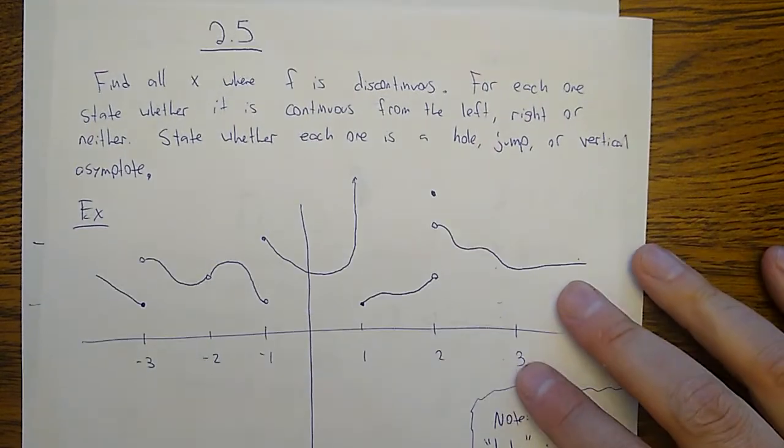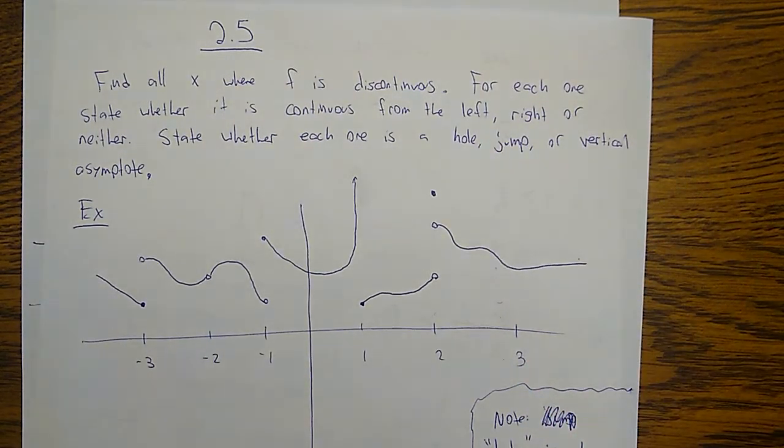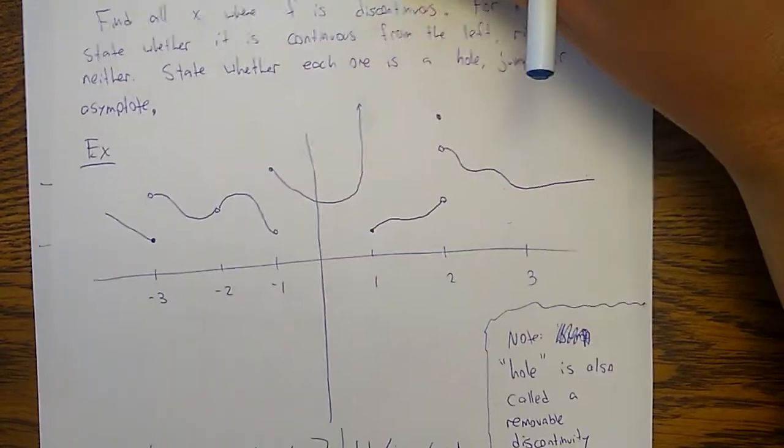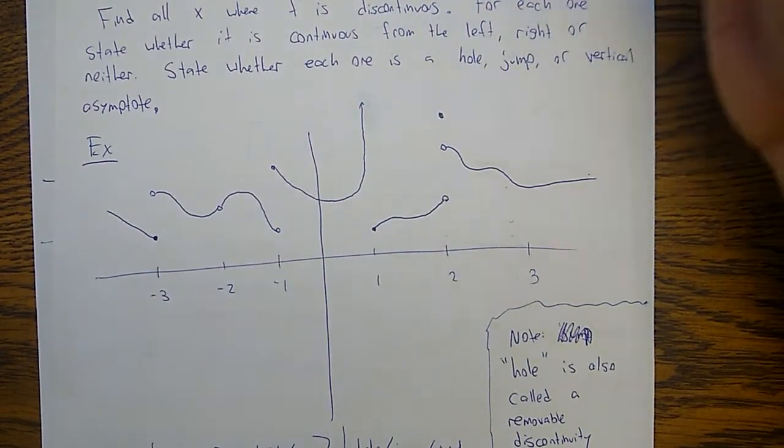Okay, so here's some stuff on section 2.5. This is about continuity. And the first question is sort of intuitive, and so I'll tell you more formally what continuity means in a second, but when you're looking at a graph, continuity, roughly speaking, means that I can draw the graph without lifting